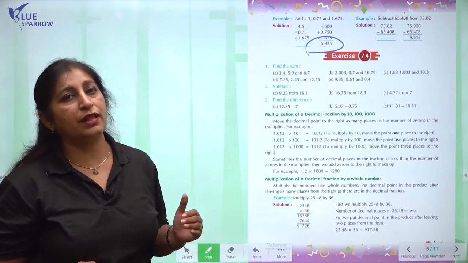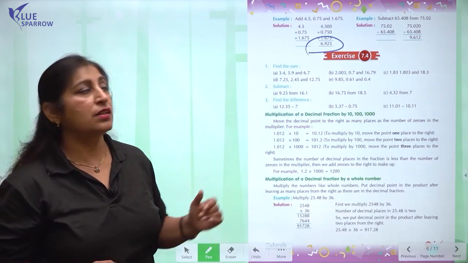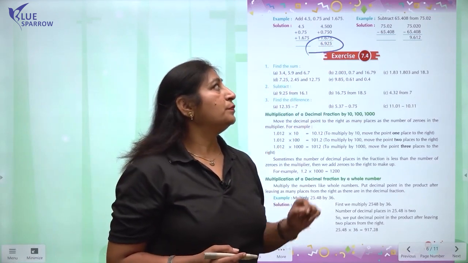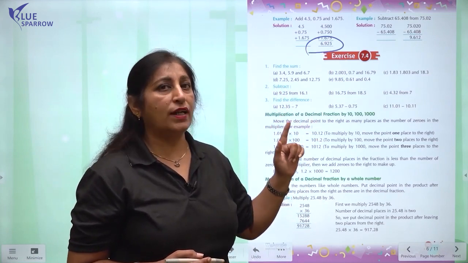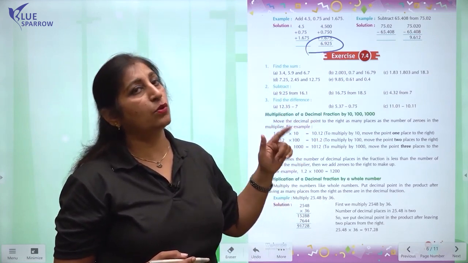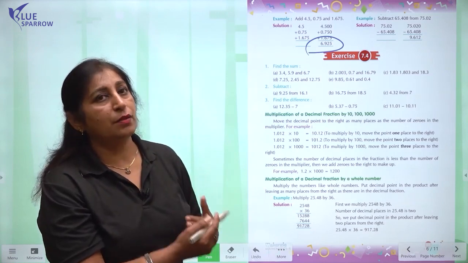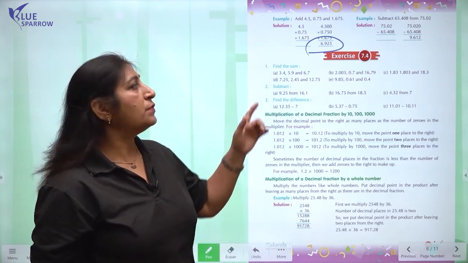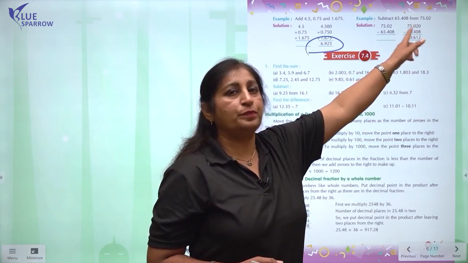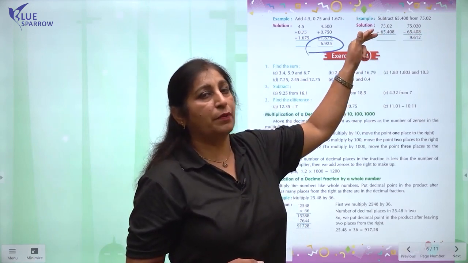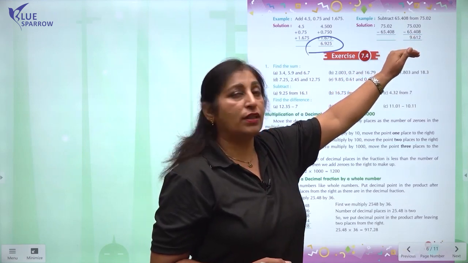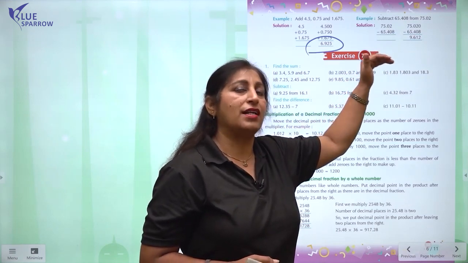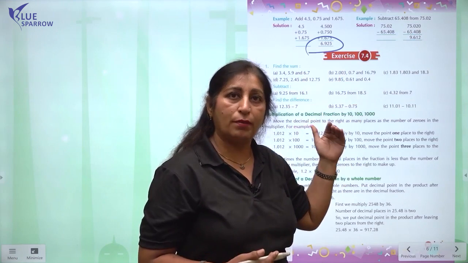Firstly, we would convert them into like decimal fractions, and those would become 75.020 because one decimal part was less in this number. So 0 would be put in this number. At the end, the number would become 75.020. The number that is to be subtracted from here is 65.408. That would be written below this, and then we would subtract as we do the subtraction in whole numbers, and